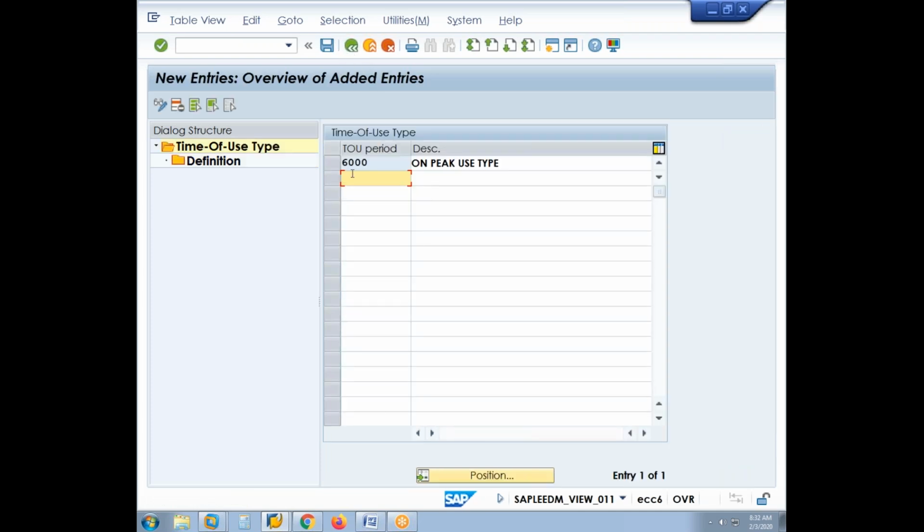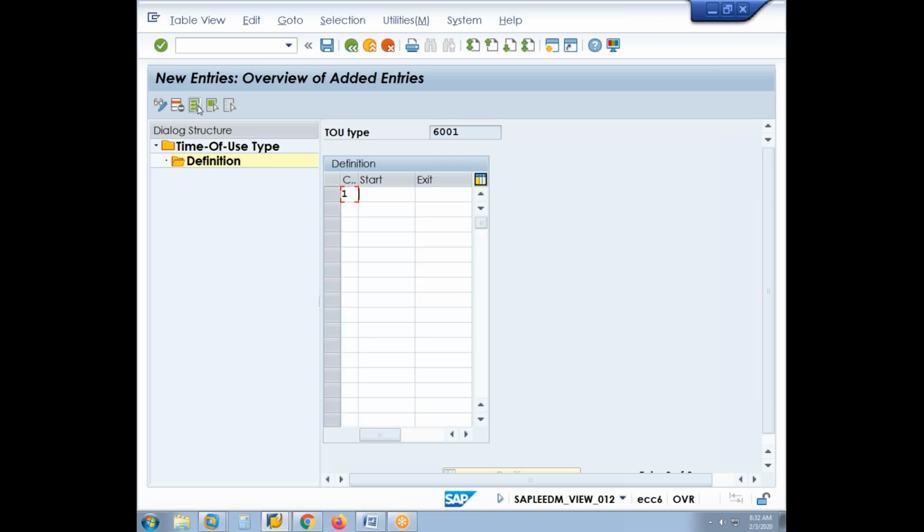So select 6001 mid peak, use type, and then this will start from 14 hours. Select here definition, new entry 1, till evening, let us say 19 hours. It's going to be till 19 hours, or you can say